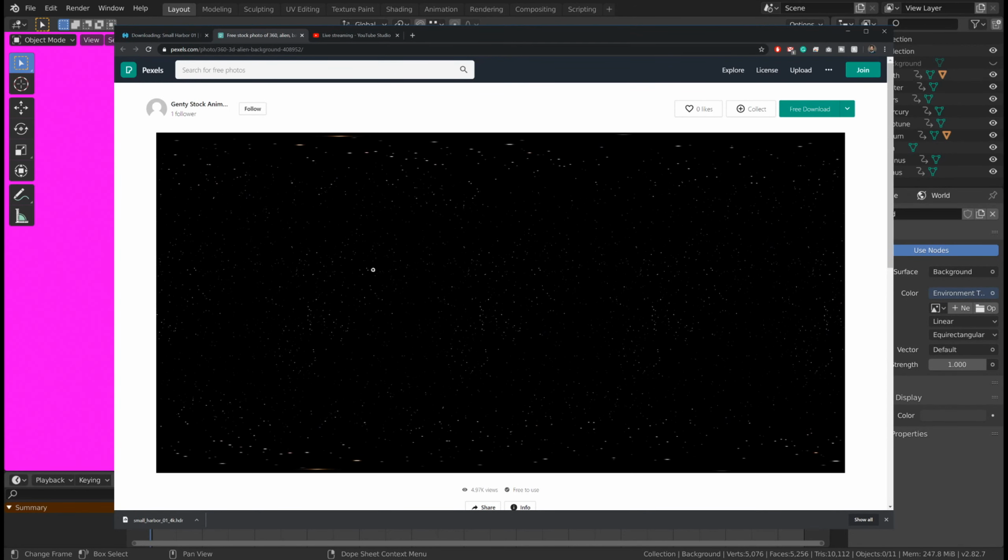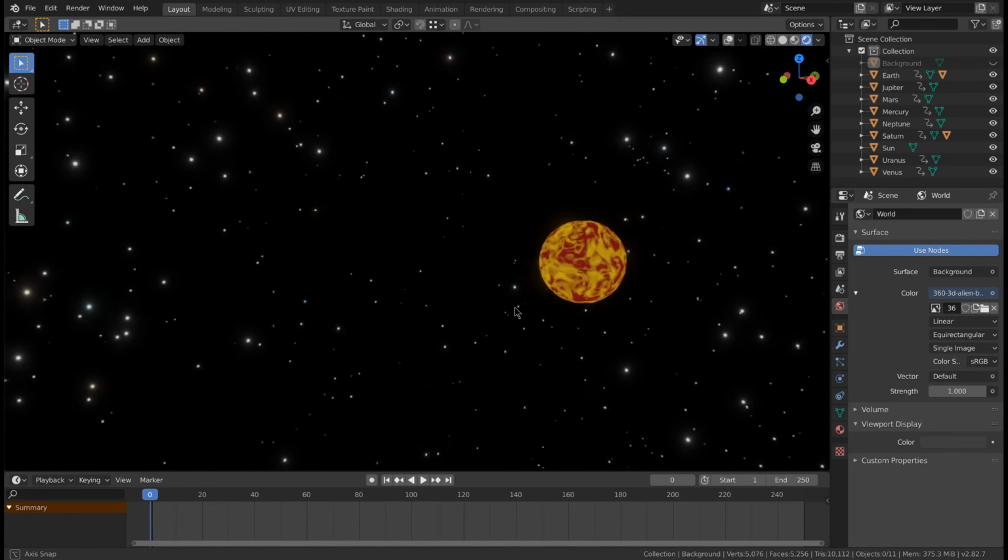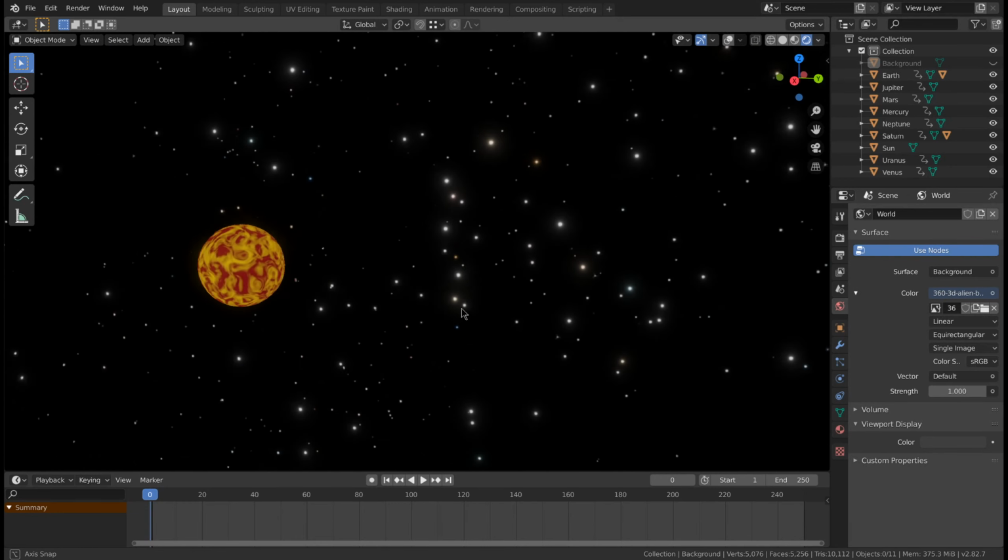Save this, and then let's import this in here. It's this one. It's a nice background. The stars are actually very bright, but they are not doing enough to illuminate my scene. And if I increase their strength, yes, they will finally illuminate my scene,